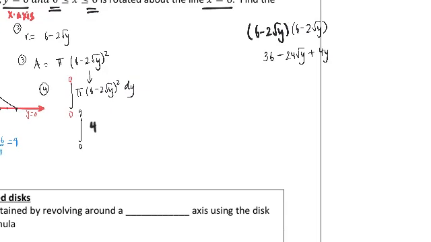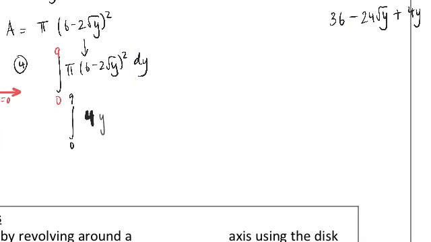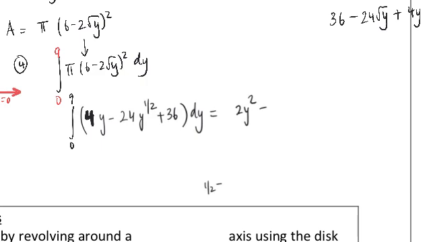And so I'm going to write it this way, 4y minus 24y to the 1/2 plus 36 dy, and the antiderivative becomes 2y squared minus, 1/2 plus 1 is 3/2, so I got to do 2/3 times 24, which is 16 y to the 3/2 plus 36y, going from 0